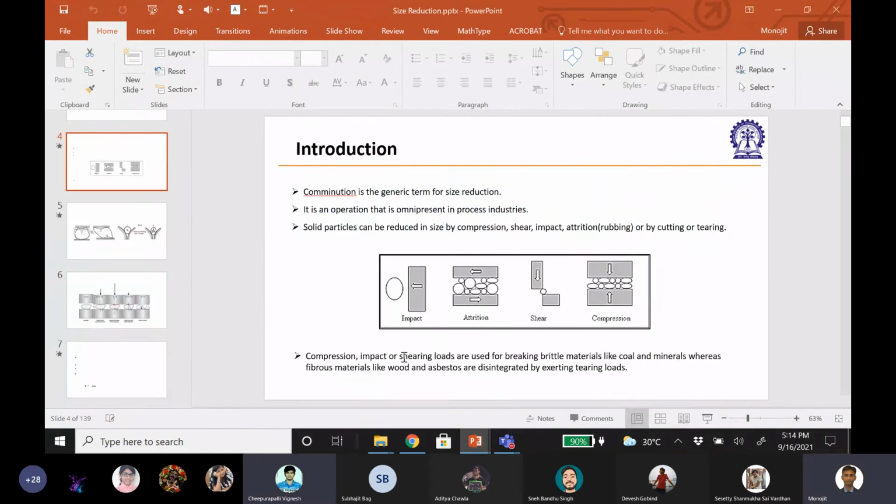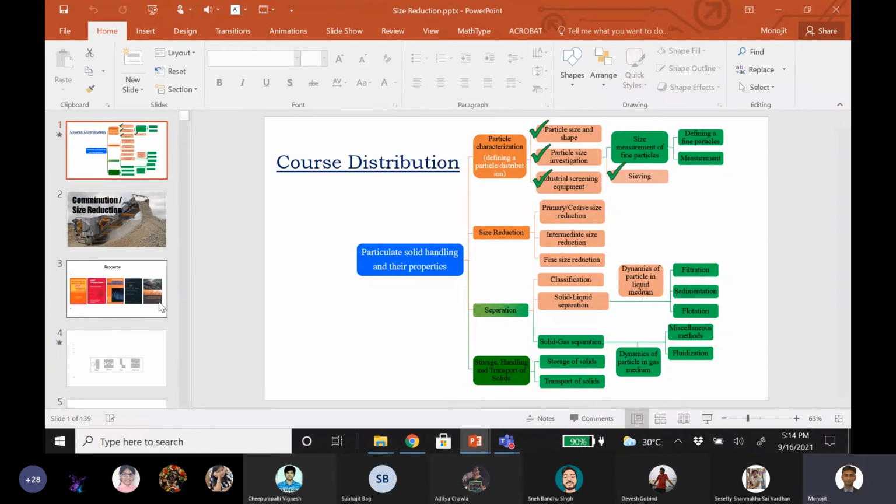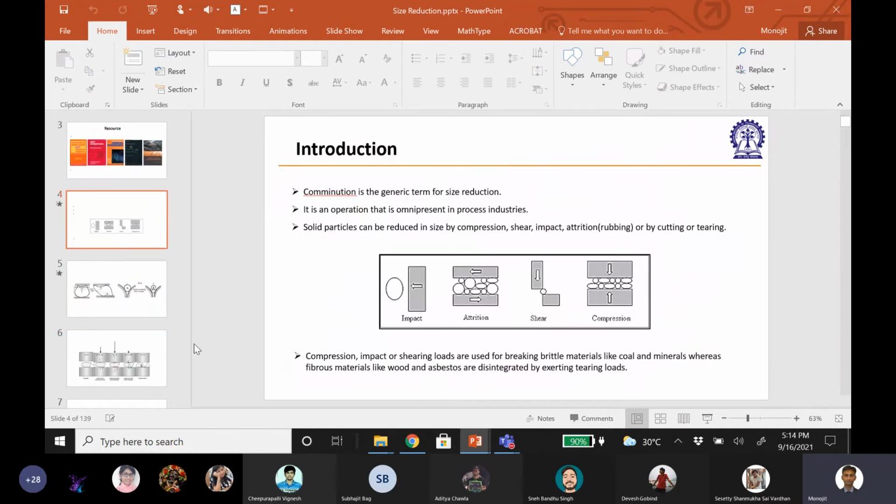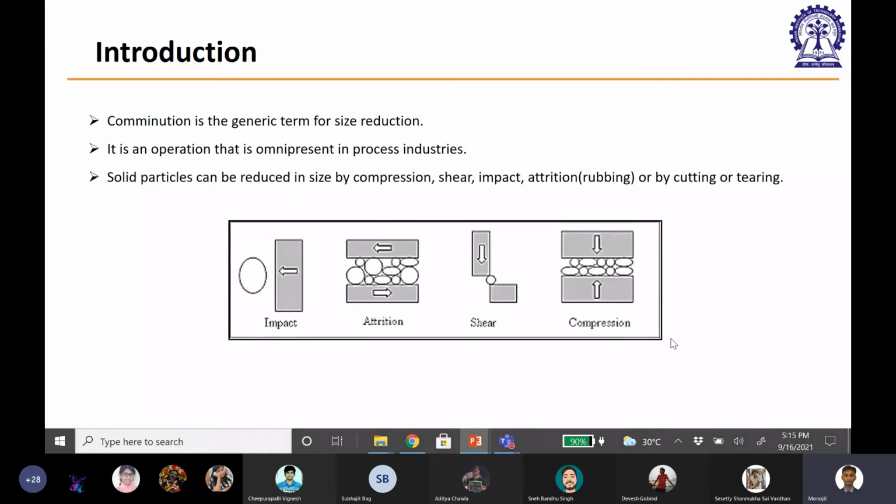So any question from last class? So let us have a brief recap of the last class. We started with crushing or grinding, better known as the comminution process. Then we saw the basic mechanism of comminution, how we can break the particle, and what are the different forces or modes of force which can be applied to a particle leading to ultimate breakage. And I had asked one question: what is the difference between attrition and shear? Can I get a better answer today?